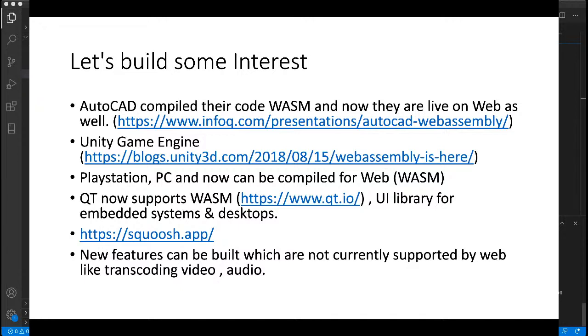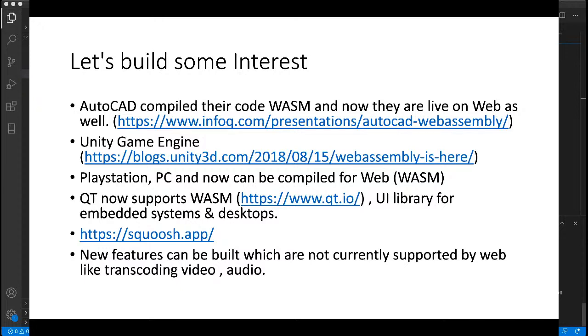Now they can compile the same C++ code to WebAssembly, and the same code can be executed in the browser. We don't need a PlayStation, or we don't need a PC. We can directly run that particular game in the browser itself. So a developer who is using Unity to create a game can directly ship their game to the browser. They don't need to rebuild or rewrite the game for the browser.